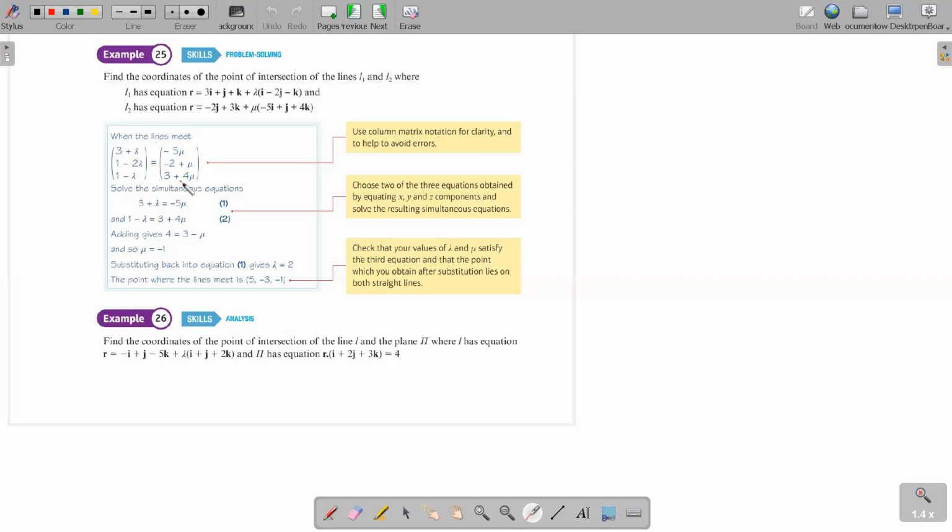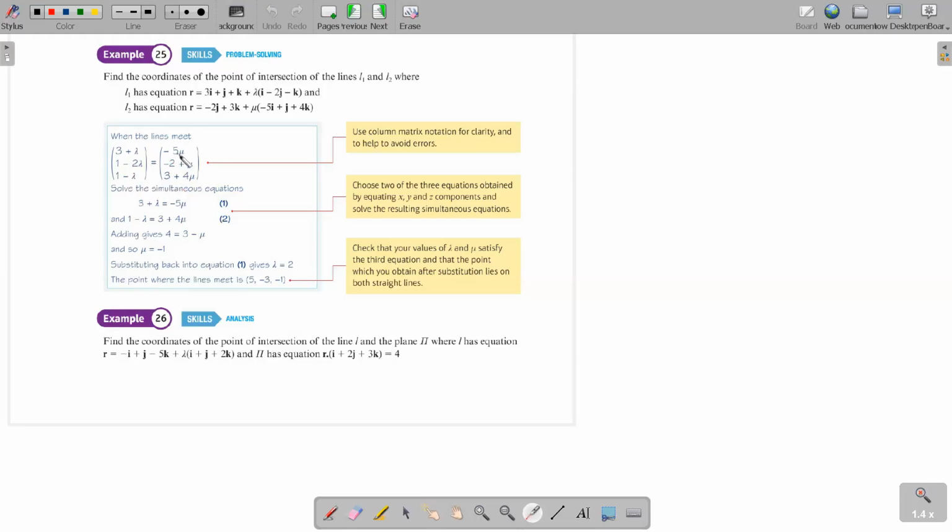And then when you check with the third equation, if it's satisfied, the lines meet. If it is not satisfied, the lines don't meet. Okay. So I think that part is fine. They should be equal to each other, in the sense that you take the first two lines here, and the last two should be equal to each other.